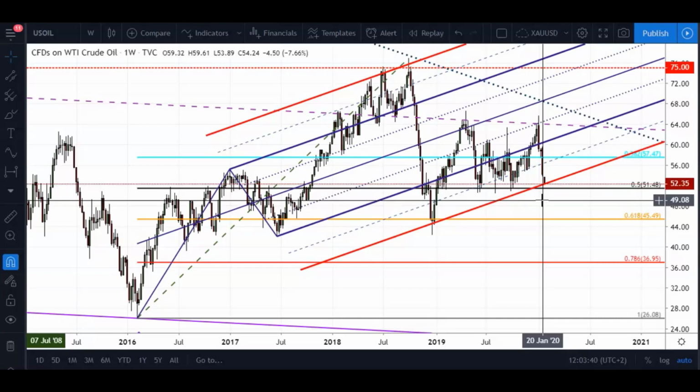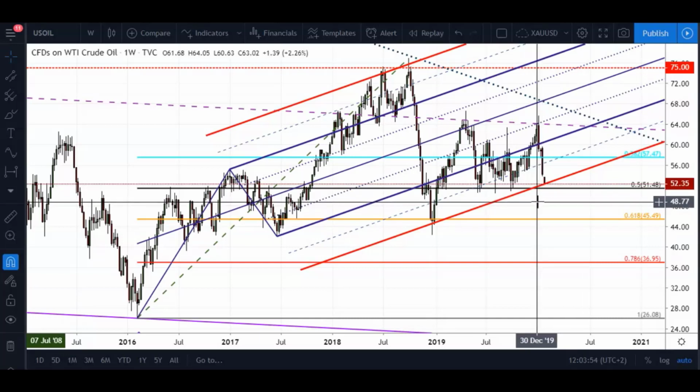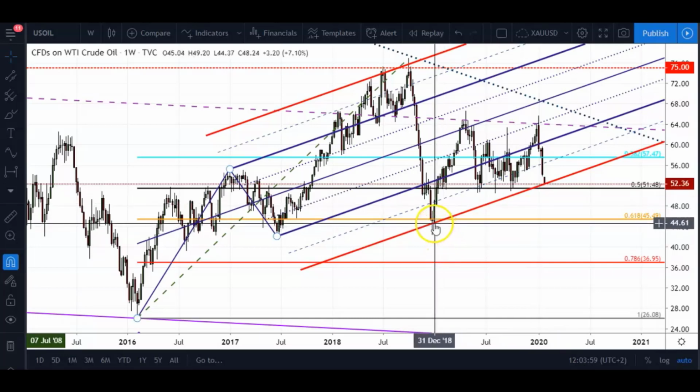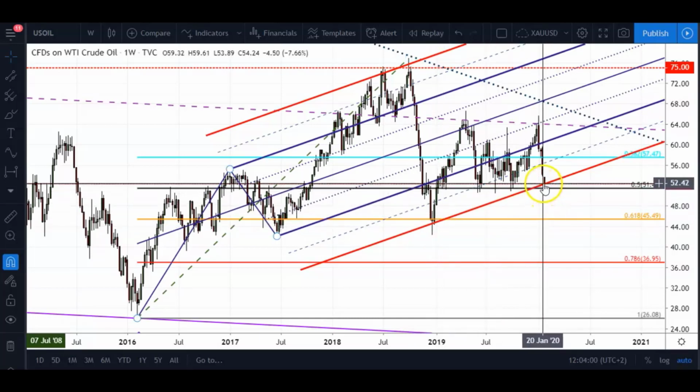Some of these lines I have drawn have been on my chart for a few years already. It's always a good idea to mark up your charts, especially when you're dealing with a weekly time frame, because when you do use market geometry on a weekly time frame, then you'll quite often find that these lines are very important. Price is actually, while I'm talking right now, testing this lower channel line.